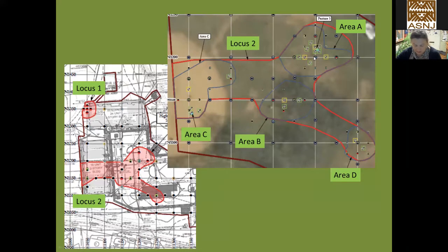In area A, we identified a hearth feature and recovered just over 1,600 artifacts, which is over 60% of the site artifacts. We recovered 17 tools, including 3 projectile points, 3 bifaces, hammerstones, a groundstone tool, a scraper, and 6 flake tools. The ceramic assemblage dated to the middle to late Woodland period, and we also recovered about 200 stone flakes and